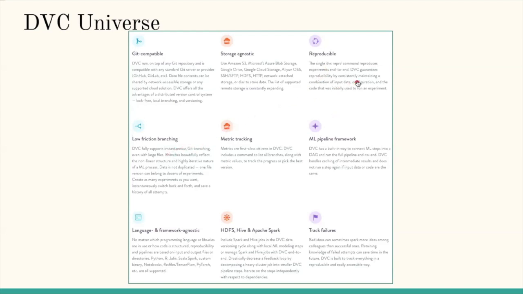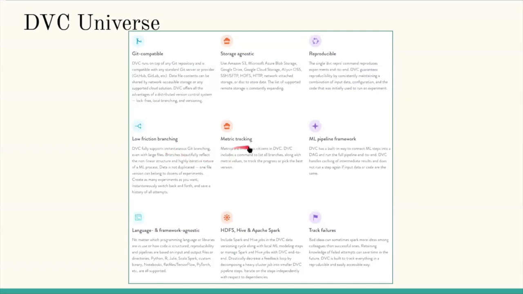We'll go through how you can build and define a DVC pipeline to achieve reproducible results. There is a demo after this. Then, low friction branching. In Git, when you work with code, you can go to any previous version of the release, check out to that commit and start modifying the features. Similarly, you can check out to any experiments that your coworker or you have developed. You can tune certain parameters and publish new experiments. It's a very frictionless branching system.